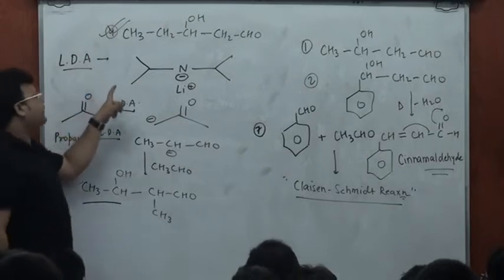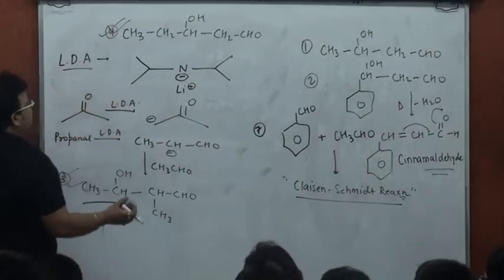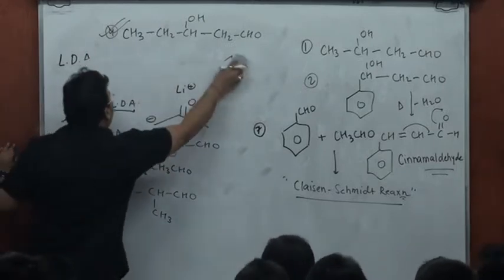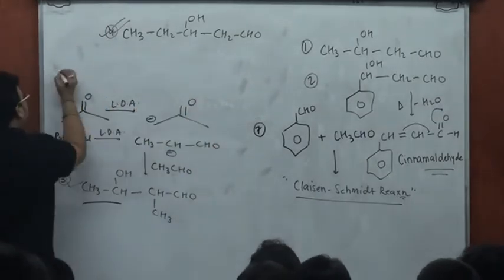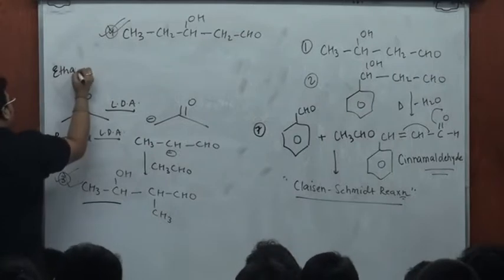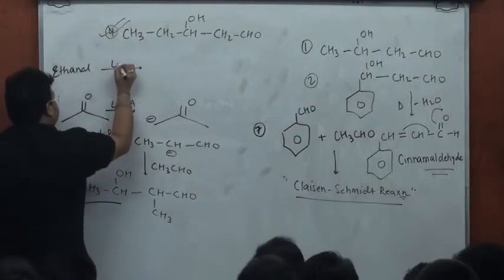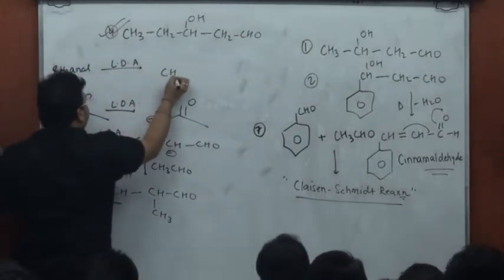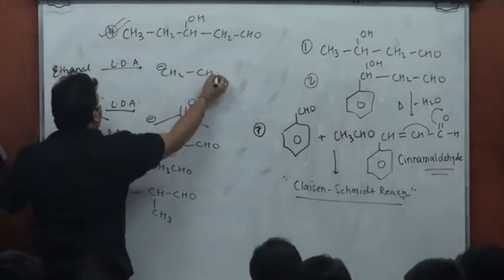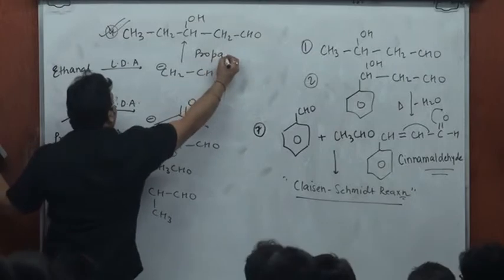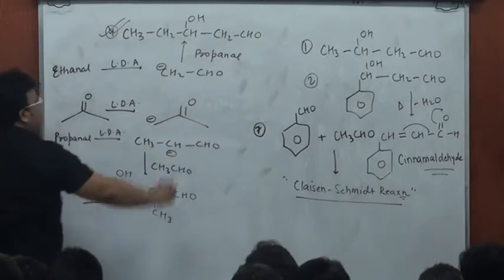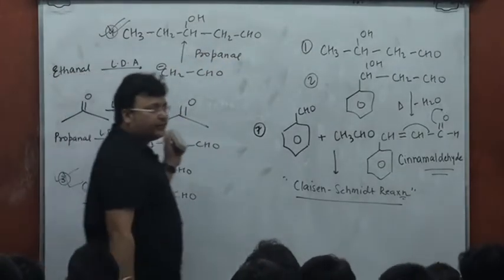Similarly, when it comes to forming 4 exclusively, the sequence is going to be, now this time I want ethanol to act as the nucleophile. So to ethanol, I'll add LDA, getting the enolate of all the molecules of ethanol, and then I'll add propanol to it, so that propanol could effectively act as the acceptor and give more of compound 4.